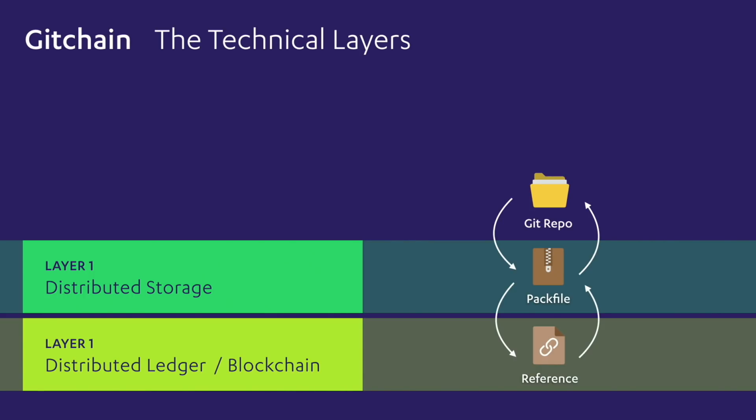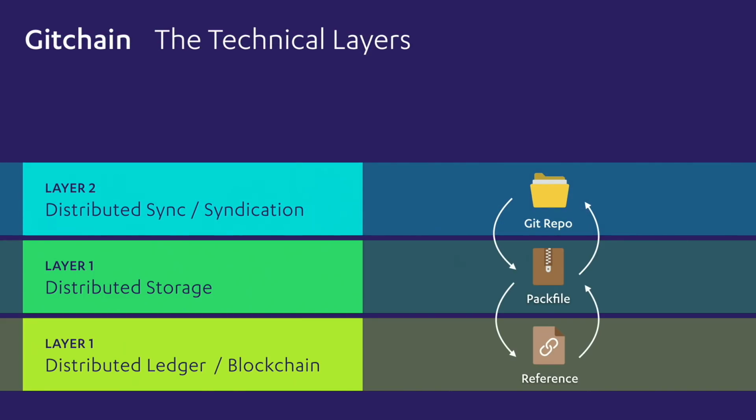So you can just look at what's inside, not all that different than downloading a zip file and seeing what's inside. This layer is what we call layer 2. This is the distributed sync and syndication system, right? Using Git as an online protocol to select that. So these are the 4 things involved.